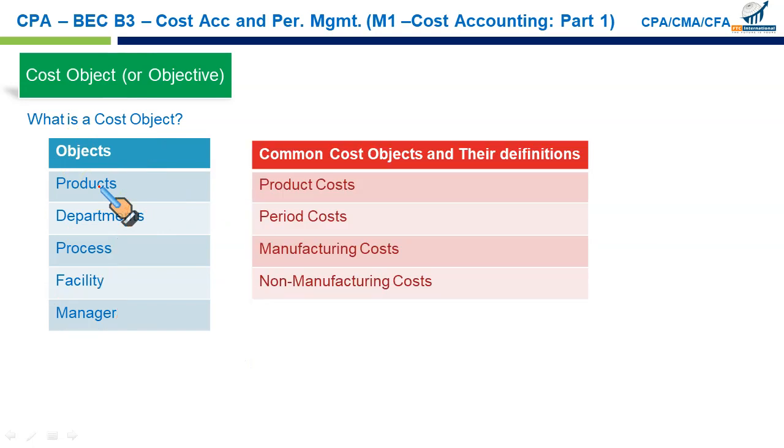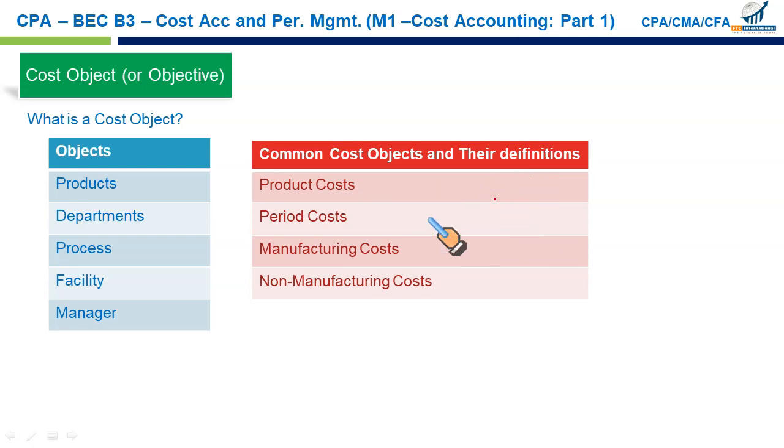So common cost objectives could be a product, as I told you: direct material, direct labor, variable overhead, fixed overhead. And then period costs are those costs which are not directly a part of the product. When you say period cost, these are the costs that involve selling and distribution and administrative expenses, the costs that are not a part of the product. So we have direct material, direct labor, variable overhead, and fixed overhead as a part of product, and all the other costs, not product cost, will invariably be your period cost, like selling and distribution expenses, all variable and fixed, as well as your administration and general expenses, all variable and fixed. These are called the period costs.